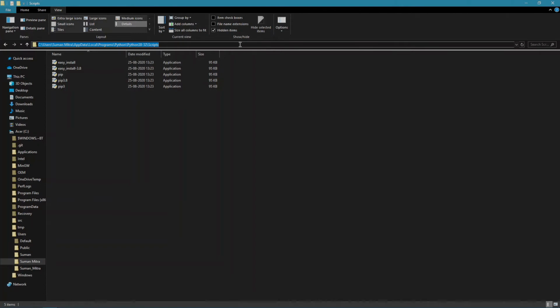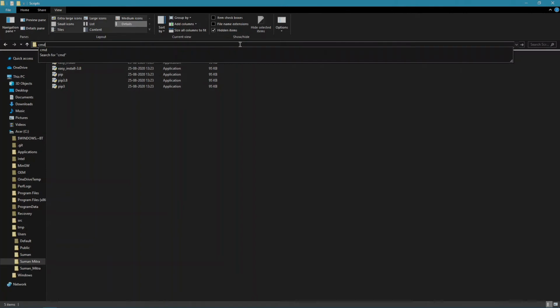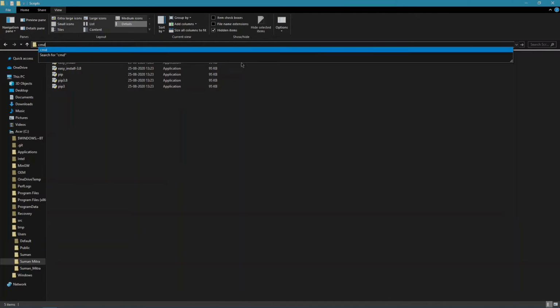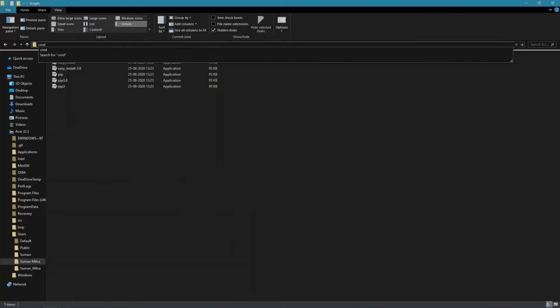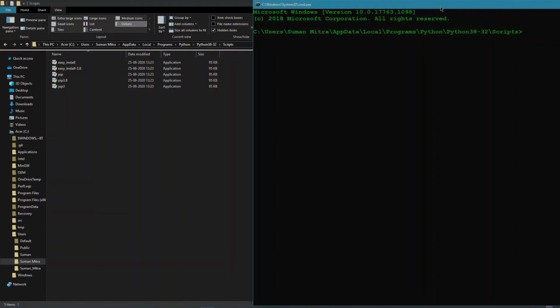Just go to your command prompt now. Cut out this and cmd. If you are in Linux or Mac, I don't know if you can do this, or else you should go back to command prompt and change the directory to this directory that was here, or else copy this and change the directory in their command prompt. In Windows you can simply just write here cmd and just press enter, and you'll be redirected to this